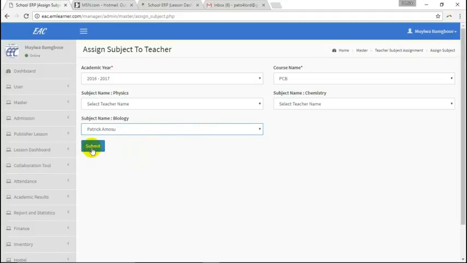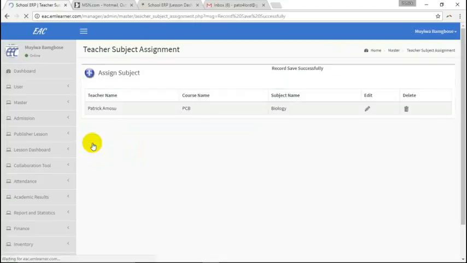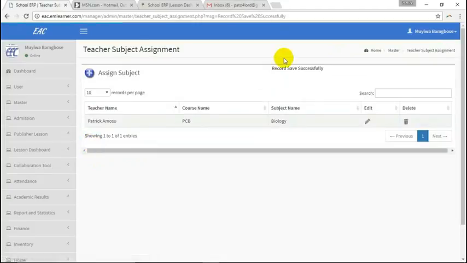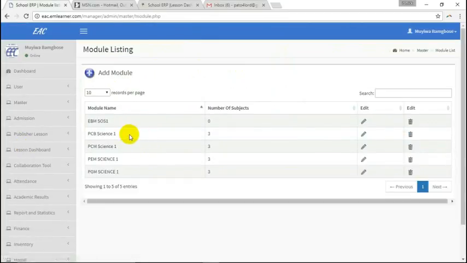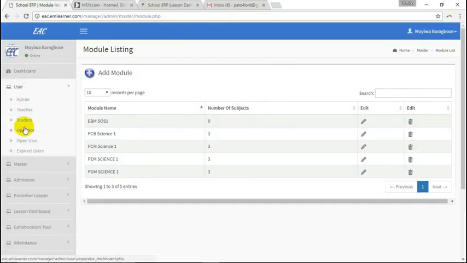Biology. Okay. It submits. It's saved. Okay, so if he logged in as a teacher, he will be able to have this course assigned. You see that? He's a teacher.